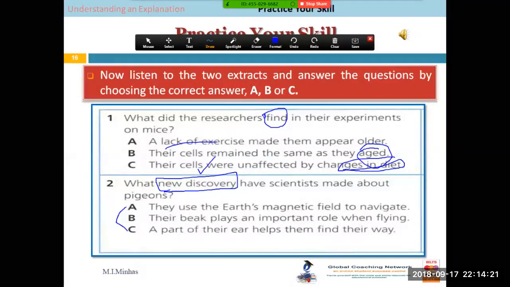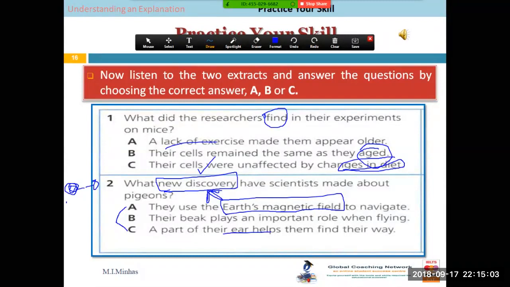If you remember, they said that since ages, since years, we already know that pigeons use Earth's magnetic field to navigate. So that means this is not a new discovery. But it was not known how it works actually. He said that it picks up a signal that comes into their brain, and that signal is somehow transmitted to something, and there's something in between their ears and so on.